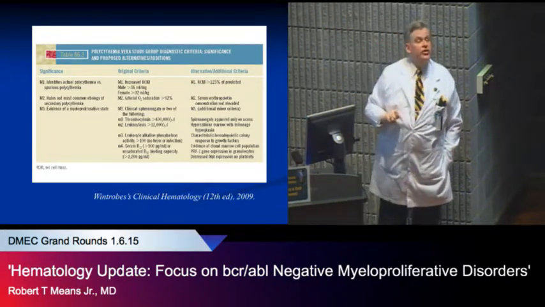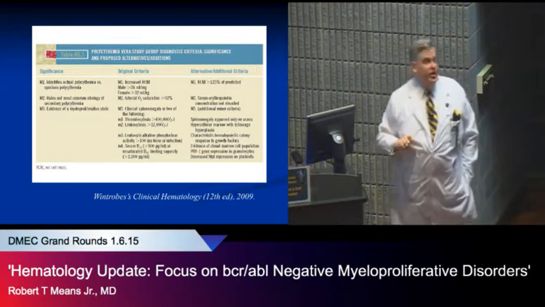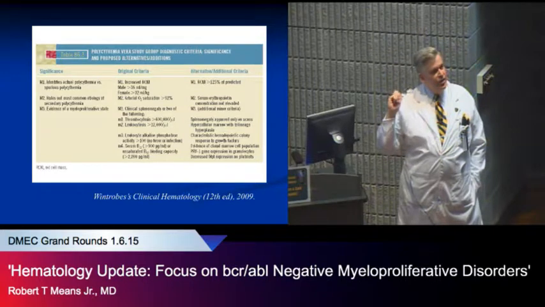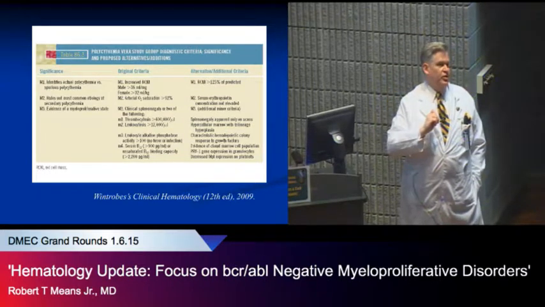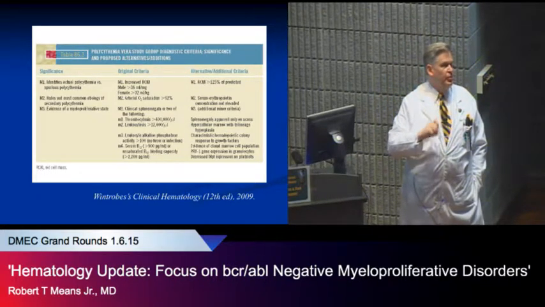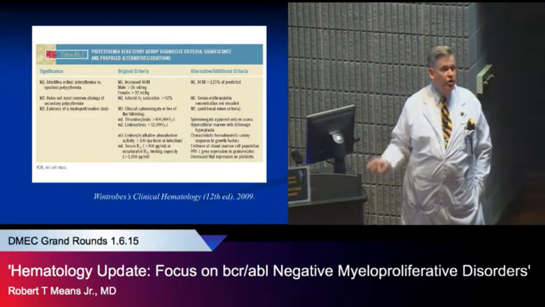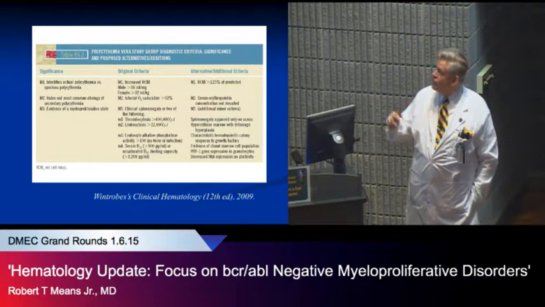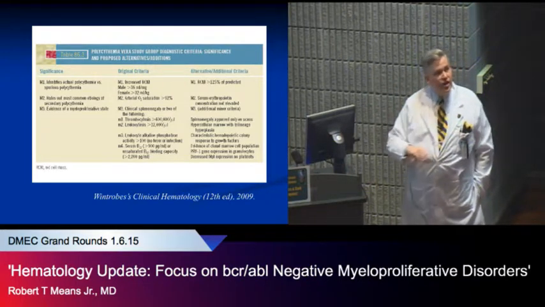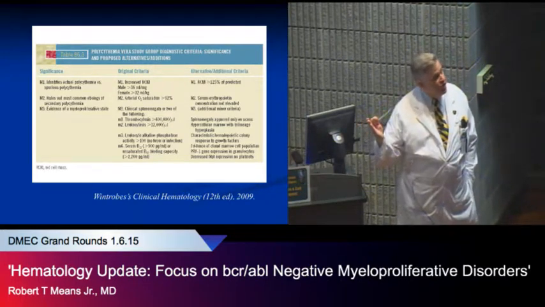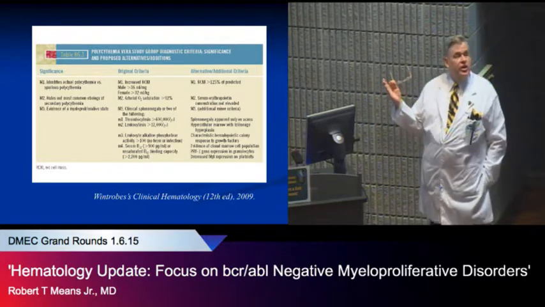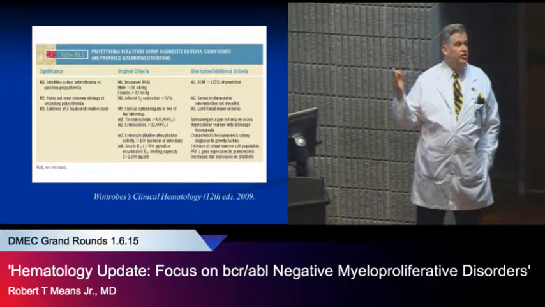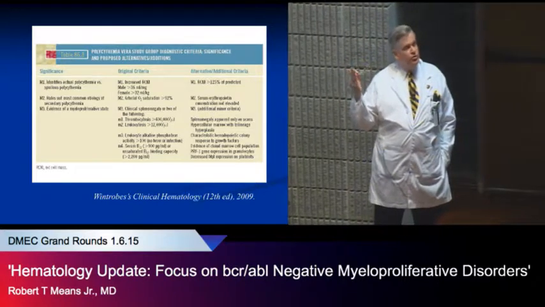The second criterion was that they had good oxygen saturation, and that meant they didn't have the most common non-clonal reason to have polycythemia, which was decreased oxygen delivery, which leads to increased erythropoietin, which then leads to increased red cells as a way of increasing oxygen delivery. So this is what you would see, for example, in people who smoke a lot and develop